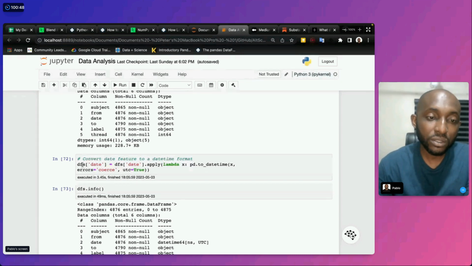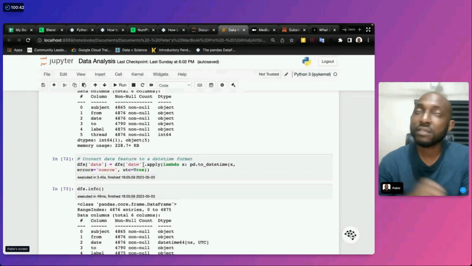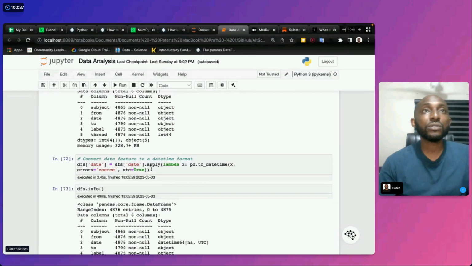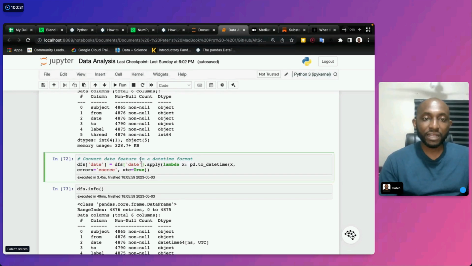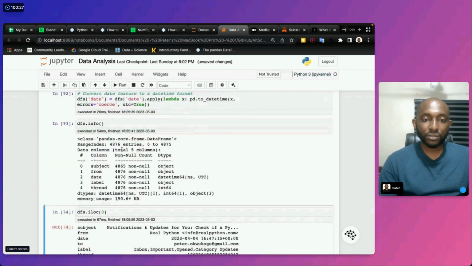So what we were trying to do here was look at the date and find a way to convert it. And we used the Lambda function. I explained the philosophy around the Lambda function. It's an anonymous function that you can use to apply a function to a line of code. And then we're able to convert this. So again, when we read it again using the concise summary, you can see that the data type is now different.